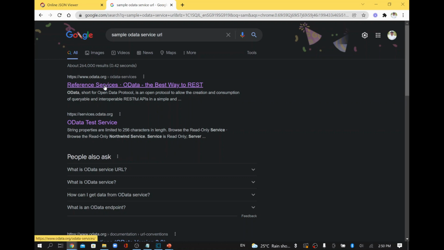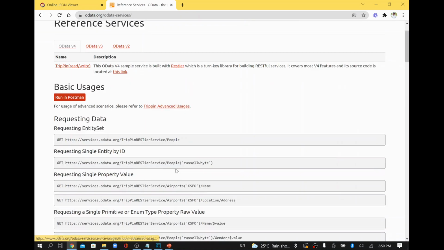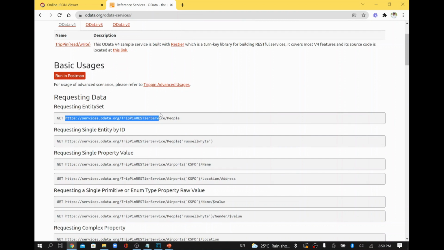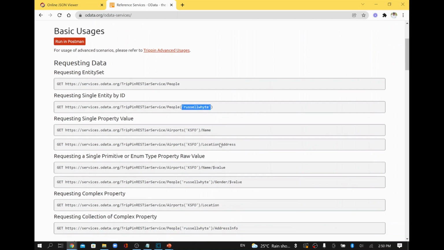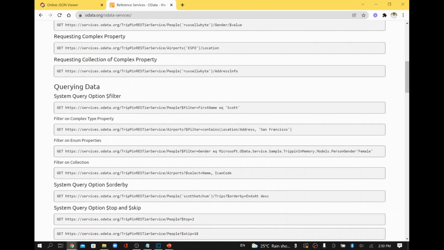I'll go to this odata.org website, and if you look at this one, it's getting data using OData, and it's getting people data. This service is nothing but an OData service. It looks similar to our normal HTTPS based web service, but if you look at the other sample, for example, if you wanted to take specific people or a specific address or any kind of condition, for example, I wanted to filter the people who have the first name equal to Scott, there is a specific syntax for OData services which we can apply and retrieve specific data as well.